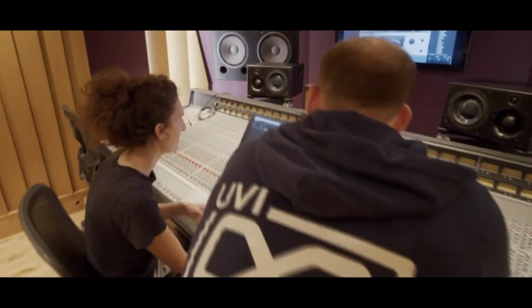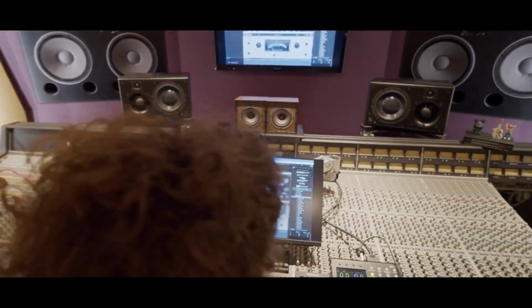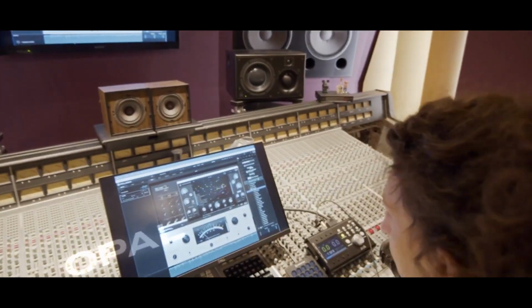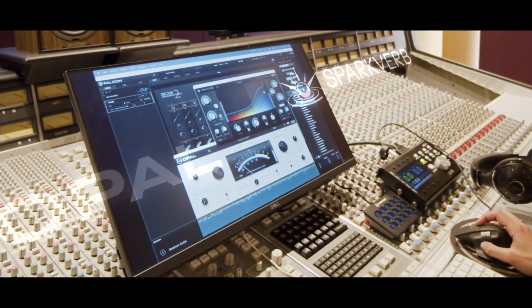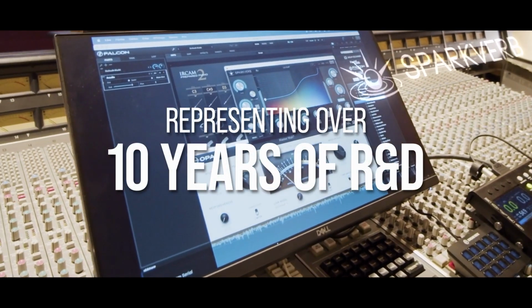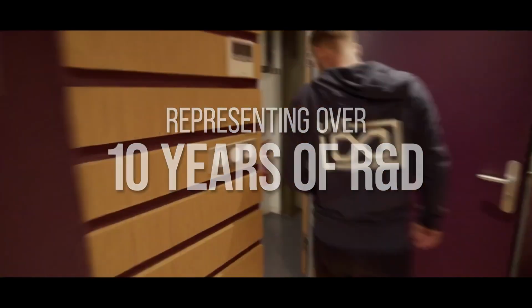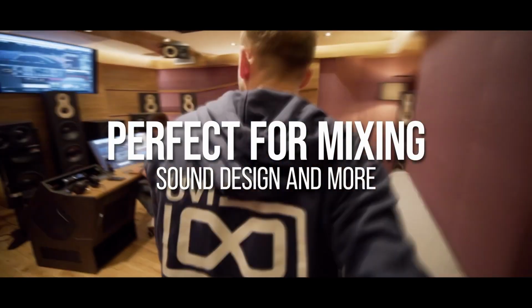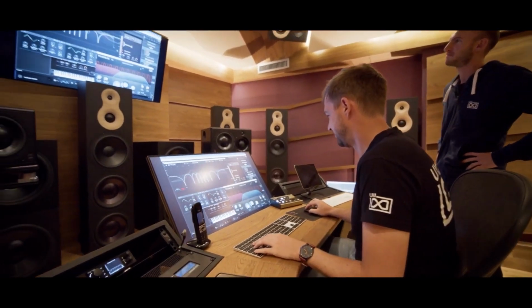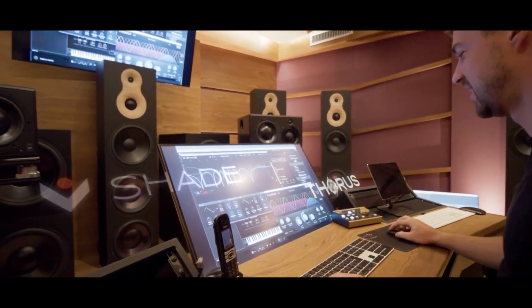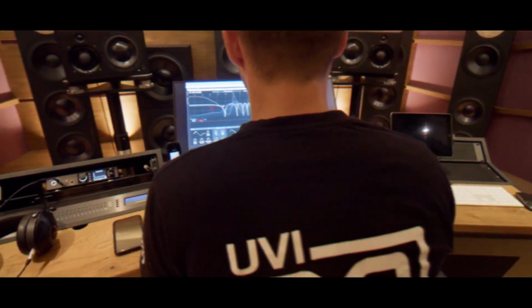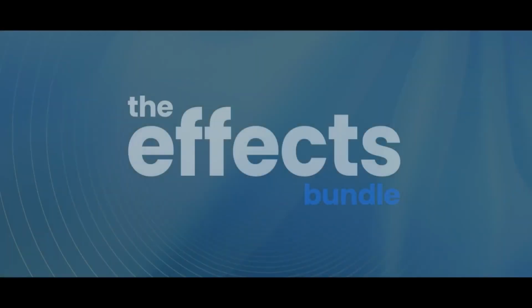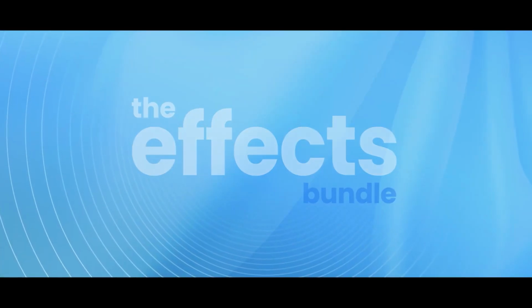The collection consists of 10 separate effects. We have Shade, an advanced EQ and creative multi-band shaping environment, Opal, a physically modelled compressor that delivers 7 variations of an iconic optical compressor. We have Plate, a physically modelled electromechanical reverb, alongside Spark, which is an algorithmic reverb that has a light CPU footprint. We also have Dual Delay X, which is a unique approach to spatial delay, alongside Relayer, a multi-tap delay